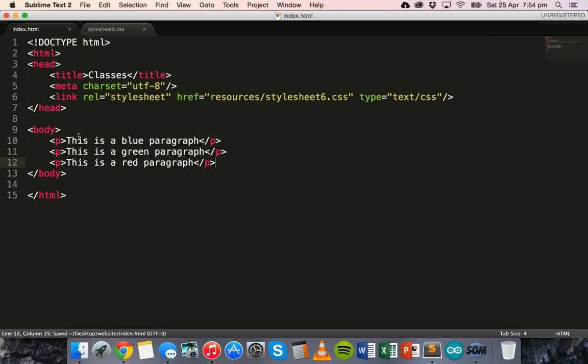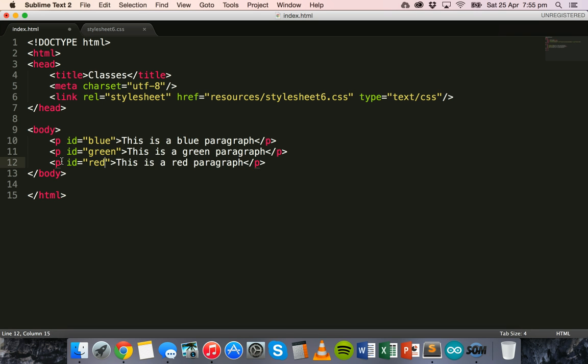Okay, so when we were using a class, we would have put p class equals and then given it a class name. But when we use an ID, we say p id equals, and then for this one we can say blue. So we use id, and it has to be a unique name. Okay, all right, so we've got three paragraphs here. One has an ID of blue, one has an ID of green, and one has an ID of red. We'll save that,